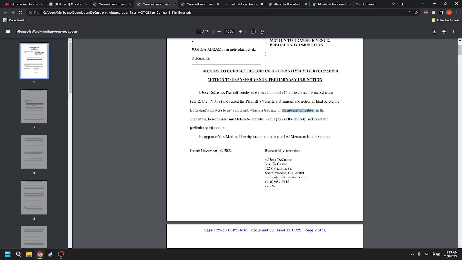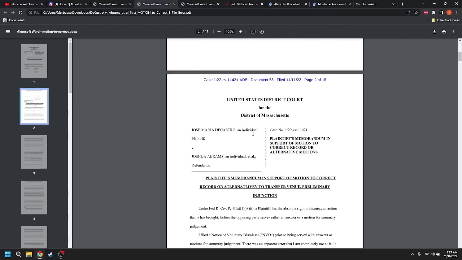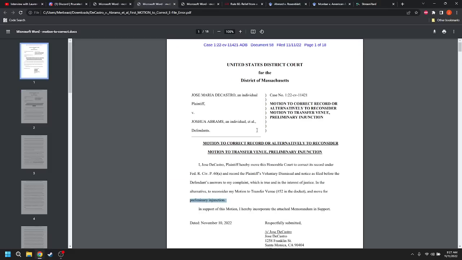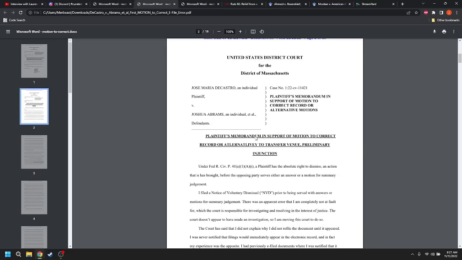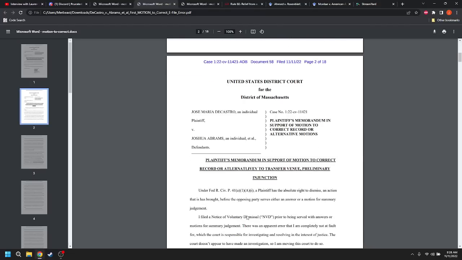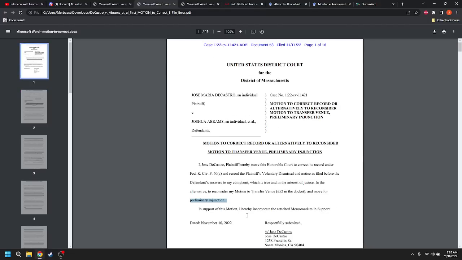Well, we're going to see, I guess, if he actually makes any sort of showing that it is in the interest of justice. "In the alternative, to reconsider my motion to transfer venue and move for preliminary injunction." What is the preliminary injunction? We'll find out, I guess. He doesn't state what he wants the preliminary injunction to be. So again, this would be a good time, I guess, to go over